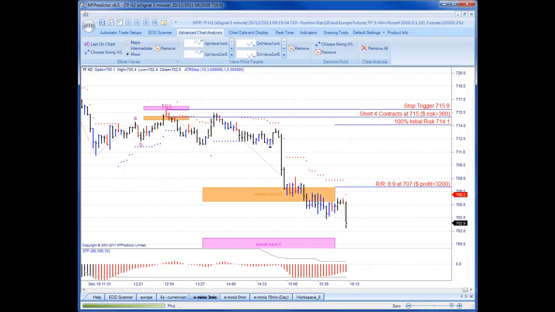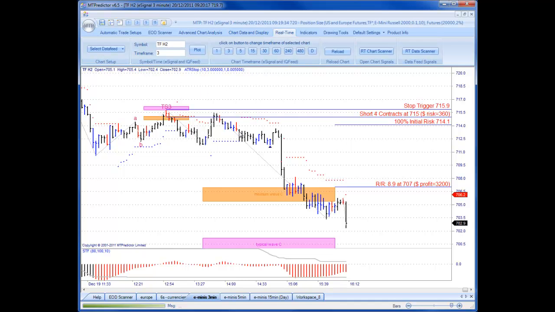Hi everybody. In the last video I was looking at this lovely TS3 sell setup on the 3-minute Russell Index that unfolded yesterday. That's Monday, December the 19th. And as we can see, the market came down to the first target for a lovely 8.9 hour profit. This little wiggle up here didn't take the stop trigger out, so it was a great trade setup for standard